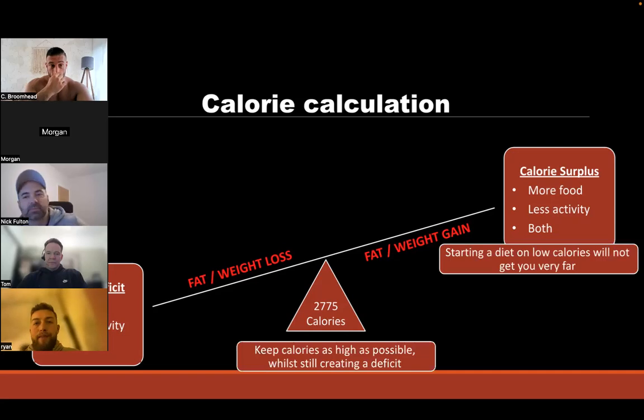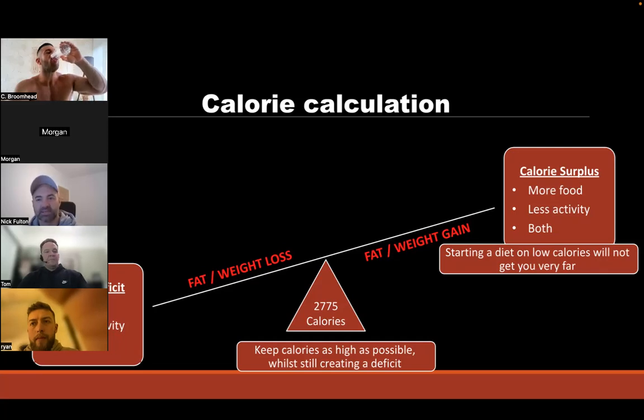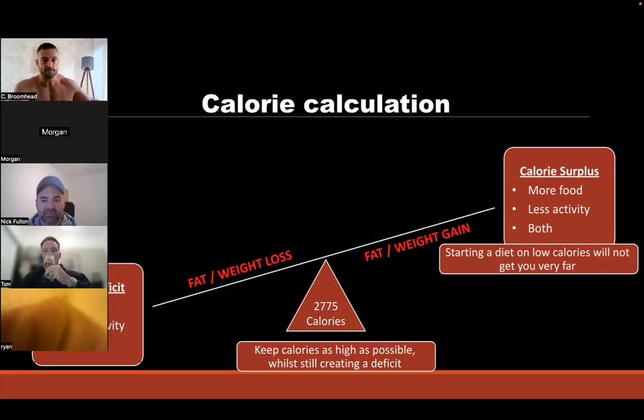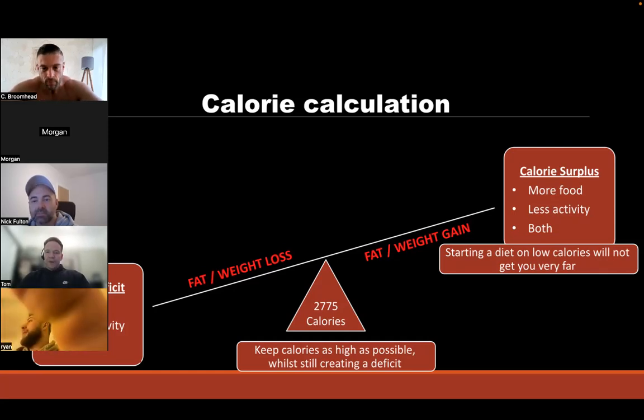Chris, you gave an example yesterday of a goal that a client had, which is I want to lose weight and gain muscle. Is that technically impossible to do at the same time? Because to lose weight, you have to be in a calorie deficit, and to put muscle on, you have to be in a calorie surplus to some extent. So people will tell you it's not possible, which is a lie. It depends what variables we've got to play with.